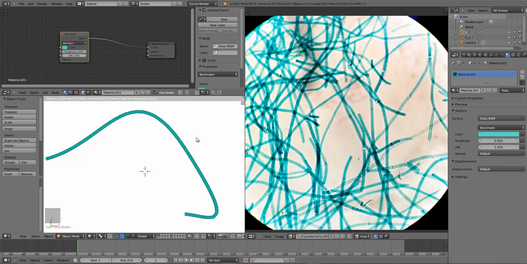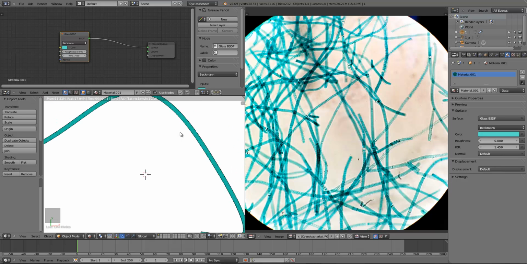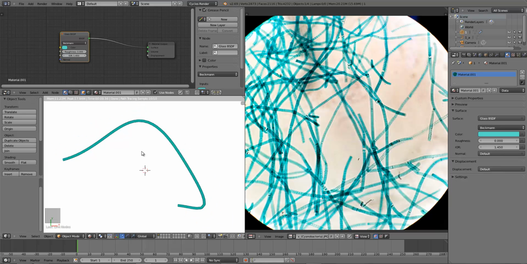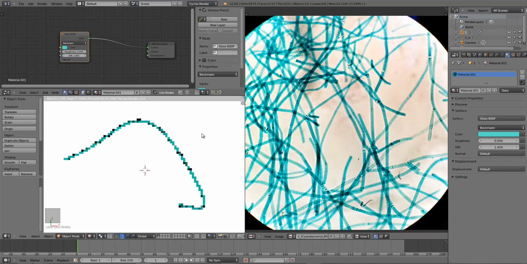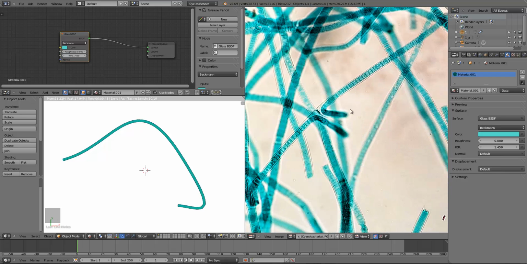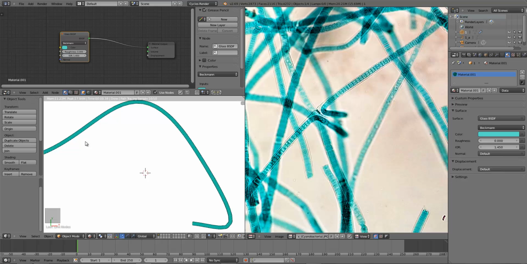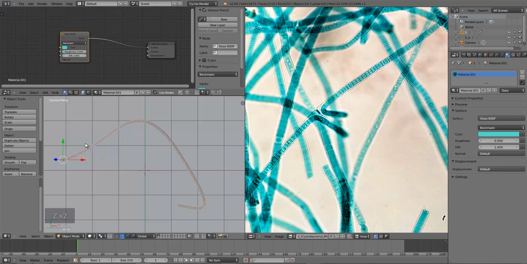Alright. I think that does look a little bit better. You can see we've got a little bit of fuzziness on the outside there, kind of a dark outline. Yeah, that's probably going to work better. So that's essentially going to be the basis for our shader. Now, you'll notice that there are also these little segments in here that aren't really showing up very well for this. What I would typically do for that, and I think will work best in this case,